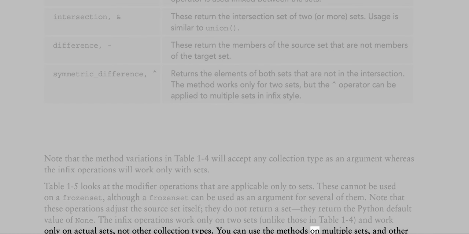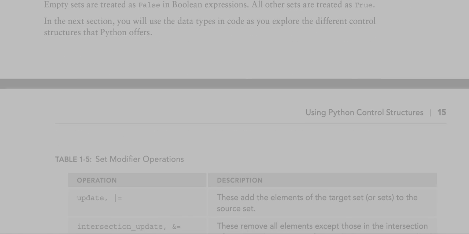You can use the methods on multiple sets, and other collection types are converted to a set where needed. Empty sets are treated as false in Boolean expressions. All other sets are treated as true. In the next section, you will use the data types in code as you explore the different control structures that